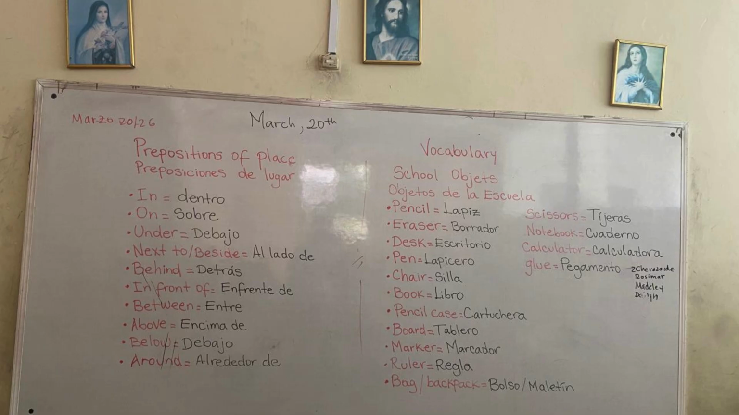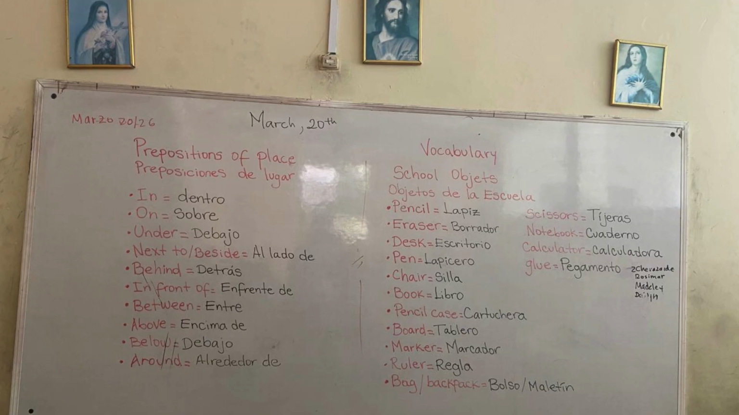The materials are board, marker, eraser, notebooks, pencil, colors, etc. The activity. This activity is task-based intercultural learning, TBIL. First, the pre-task, prepositions of place, vocabulary, school objects, 60 minutes. Vocabulary, school objects,